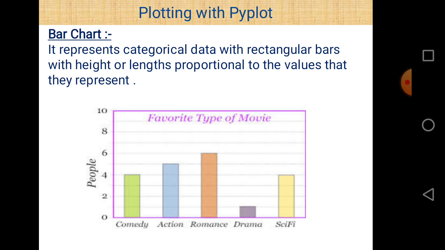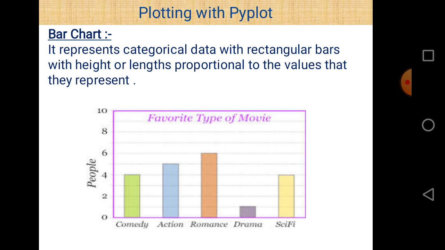For example, comedy movies are liked by 4. The 4 may be the number of people here, or it can be represented by certain other units, such as 4 lakhs or 4,000. It totally depends upon the interval you take here. Suppose the interval you take is 2, and 2 may represent 2 people or it may be a multiple of 1,000 or 1 lakh.